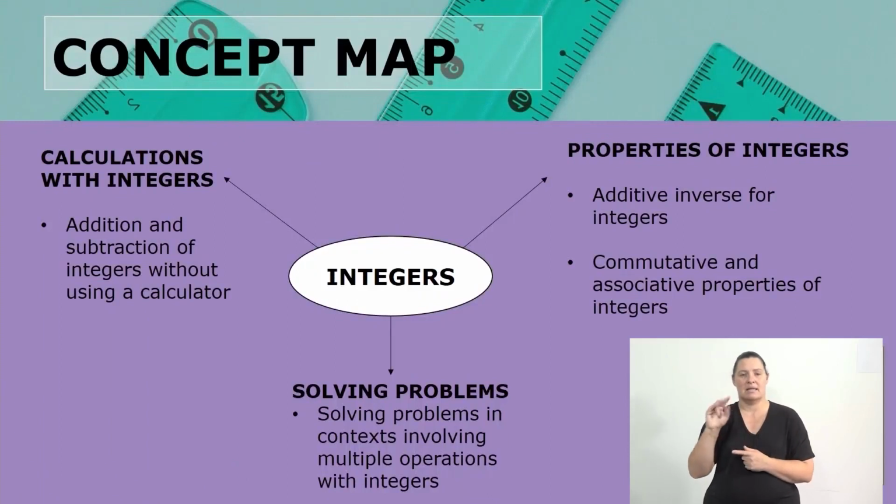Welcome back, and let us wrap up our lesson on integers. So, today we looked at calculations with integers. Remember, we looked at addition and subtraction of integers without a calculator. Then we looked at the properties of integers, that is the additive inverse for integers, and also the commutative and associative properties of integers. Lastly, we did some problem solving, which was solving problems in context involving multiple operations